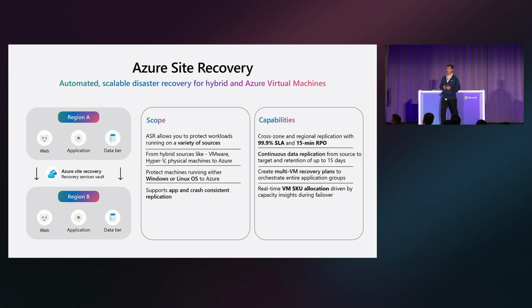Some of the exciting capabilities that we have recently launched have been on increasing the throughput of when you actually go run your replications. And similarly, from one region to the other region, sometimes if you do not have capacity for the same VM queue, we do recommend an alternate VM queue as well, which ensures that as you use Azure Site Recovery and move from site A to site B, you actually do not run into a failure due to capacity.